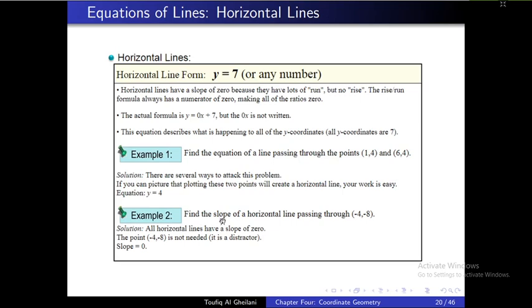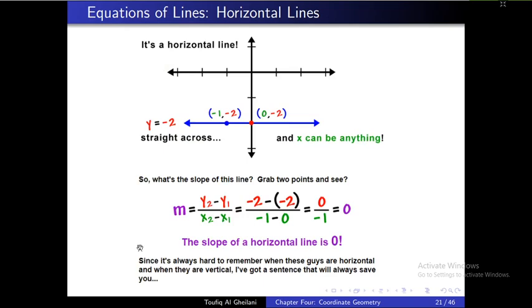Example 2. Find the slope of a horizontal line passing through minus 4, minus 6. All horizontal lines have a slope of 0. So the point minus 4, minus 6 is not needed. The slope is 0. It is a horizontal line. Look at this one, a horizontal line,